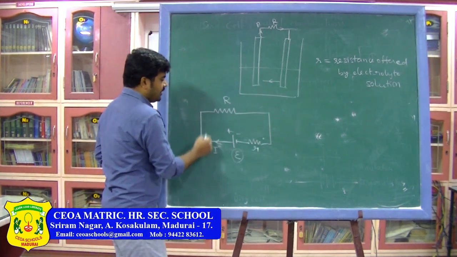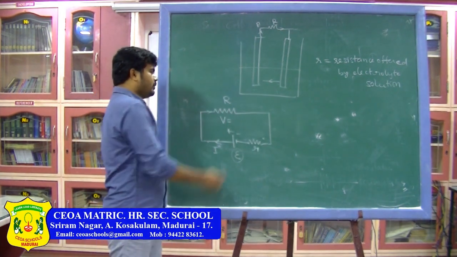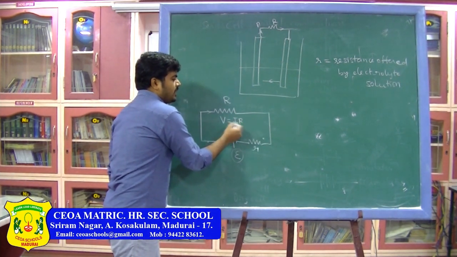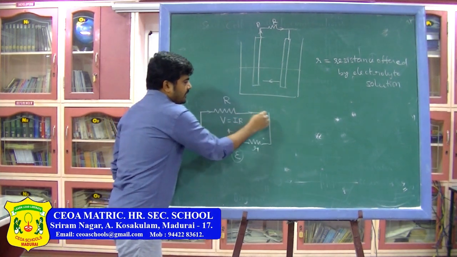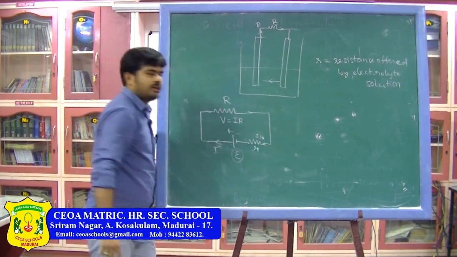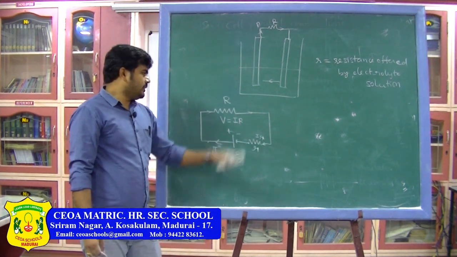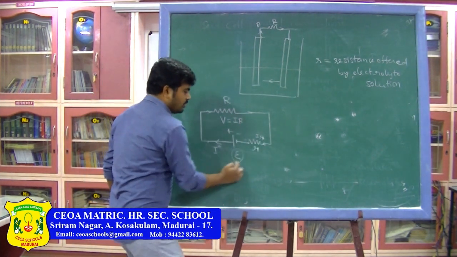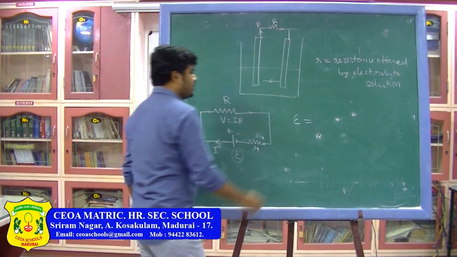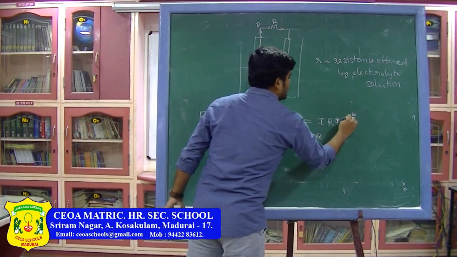Here, when current I is passing through this resistor, say V potential is dropped across this particular resistor. Using Ohm's law for conductors, V is equal to IR. So this many volts are dropped in this resistor. Current will also flow through the internal resistance, that is I into small r, the number of volts dropped due to the internal resistance of the cell. Now if you take conservation, the total number of volts, that is E, the EMF of the cell, must be equal to the potential drop across the external resistor plus the potential drop across the internal resistance Ir.